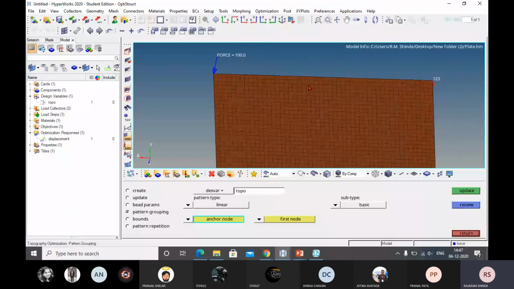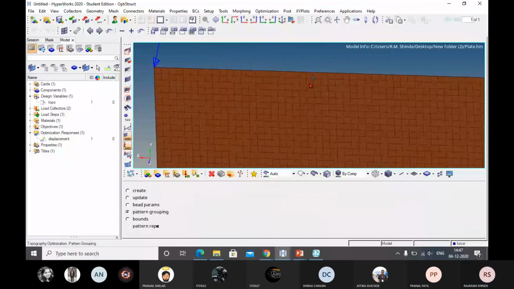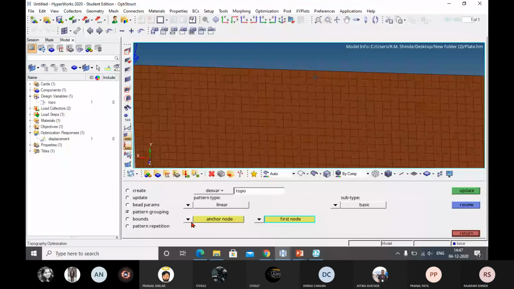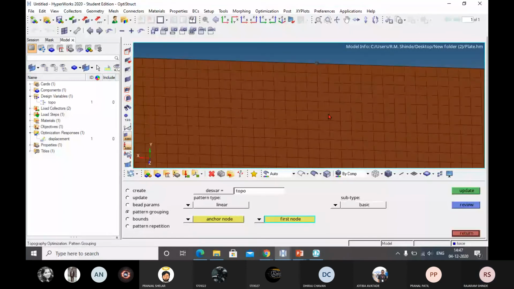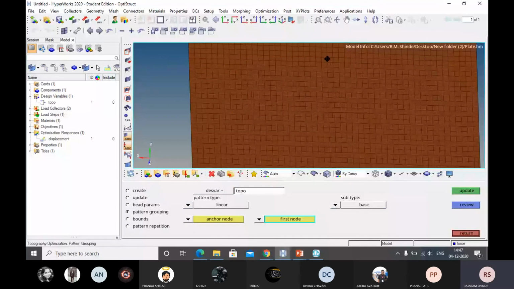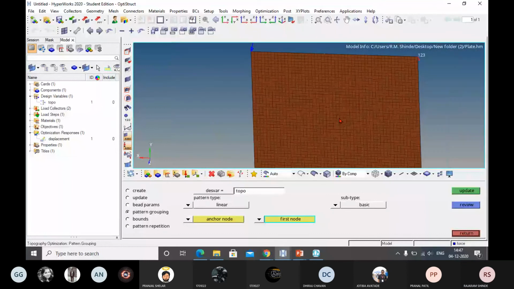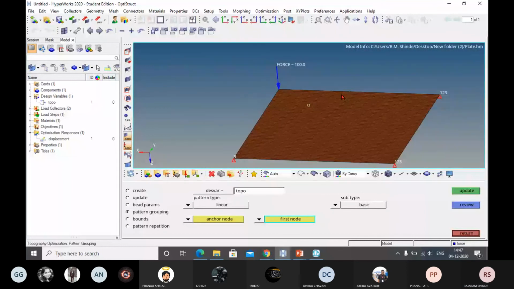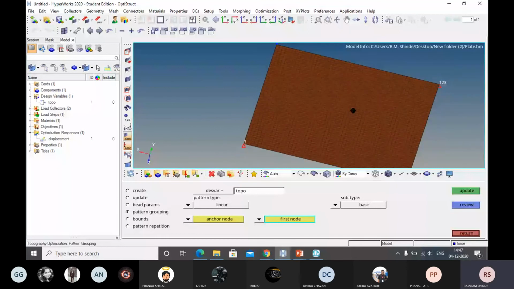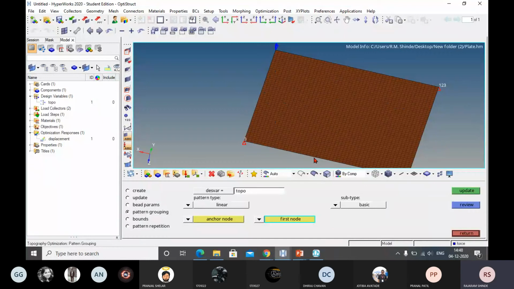If I select this as the first anchor node, then on the same line, here, this line. Is it selected? You check it.